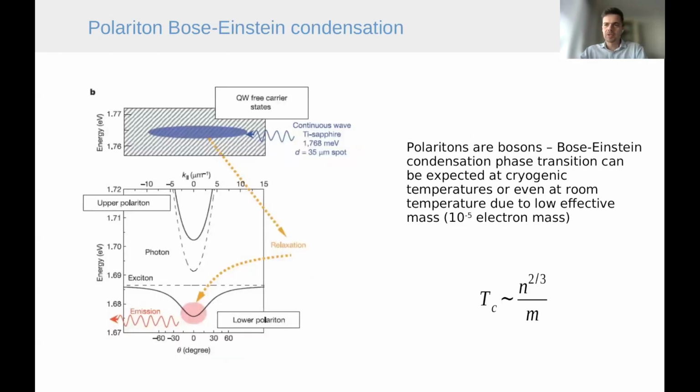And polaritons are bosons, so they can undergo Bose-Einstein condensation. And this is just the formula from the previous part, but the experiment is maybe a little bit more complicated than just cooling down the system. Typically, condensation of polaritons is realized in this way. This is a plot in momentum space. So these are the dispersion relations again. And we can imagine that we have a pumping laser that is pumping